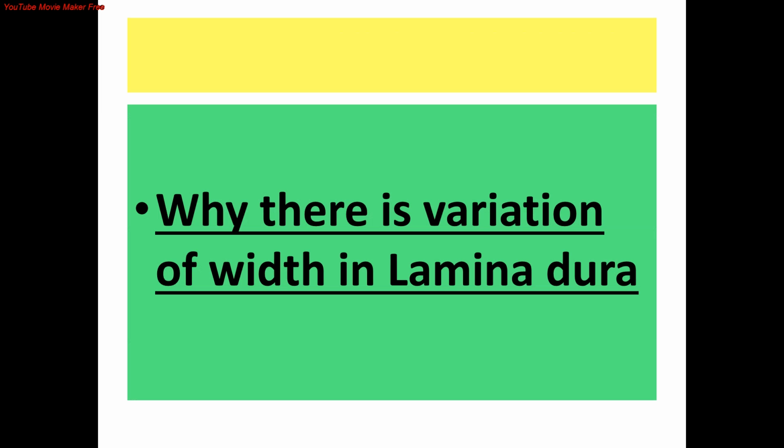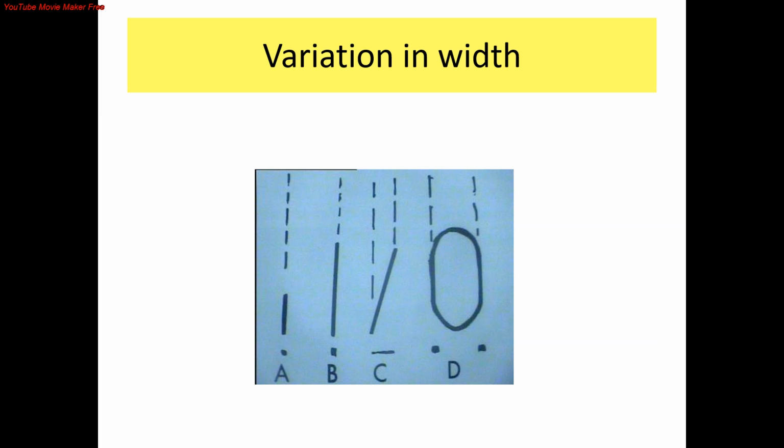Now let us see what are the reasons for getting variation in the width of the lamina dura. This slide is a schematic diagram to explain radiopaque projections of lamina dura. Figure A shows length of the compact bone with X-rays passing through the long axis, resulting in a narrow but sharp and dense white shadow. In B, the length through which X-rays have to pass is much longer, so the shadow is more